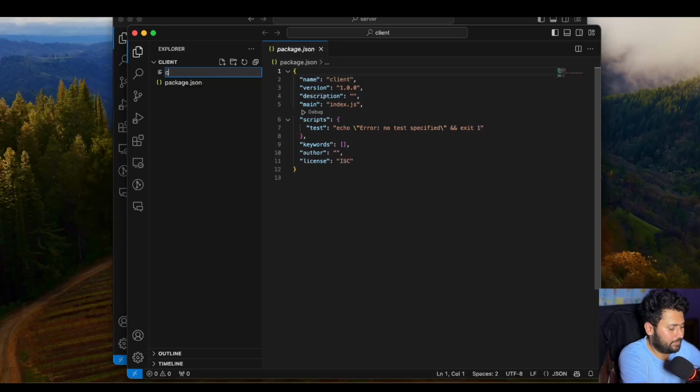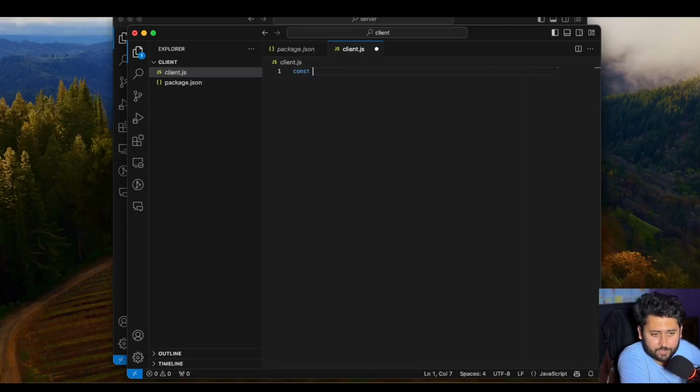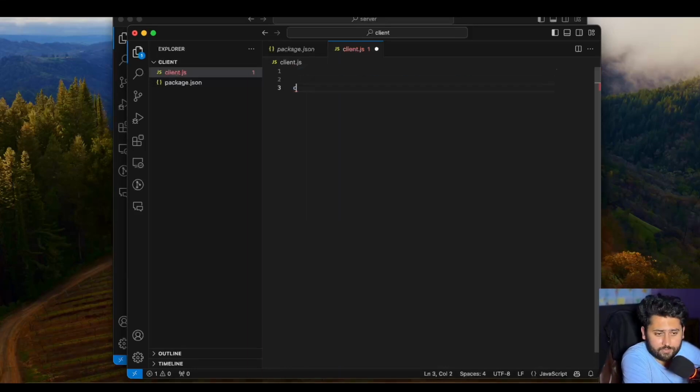Then we're going to create the client file. I think we didn't need npm here because we are not going to use any package for now. Maybe we require it, but let's actually see if we have the server,